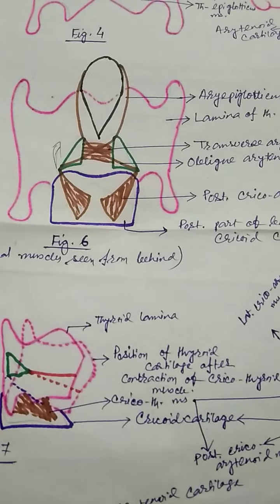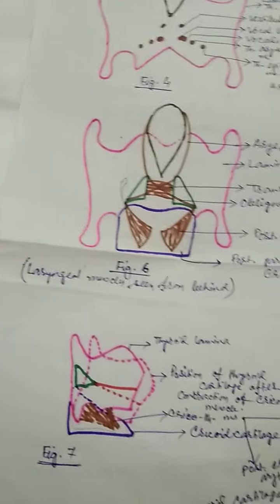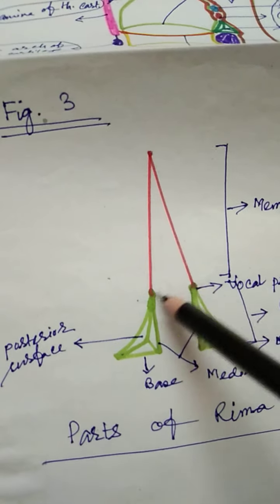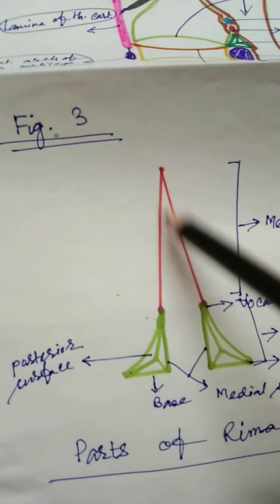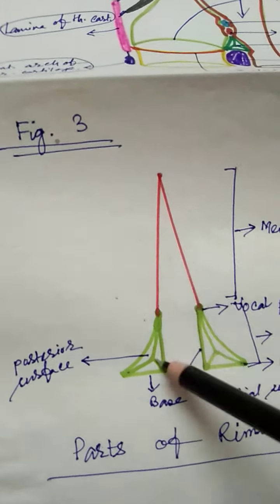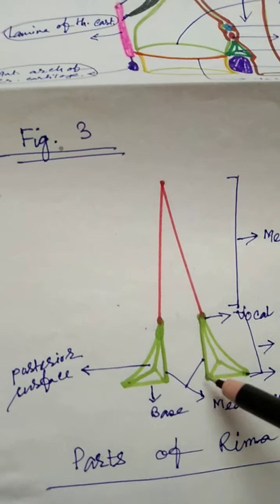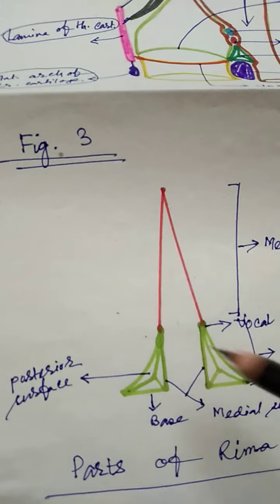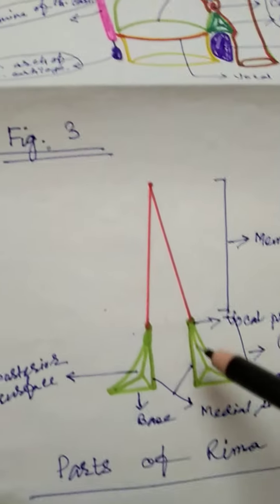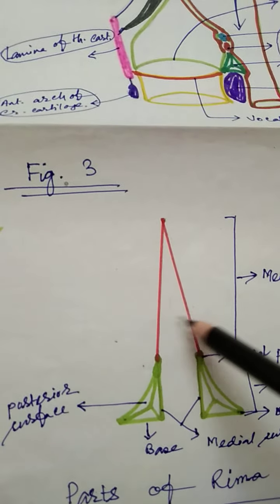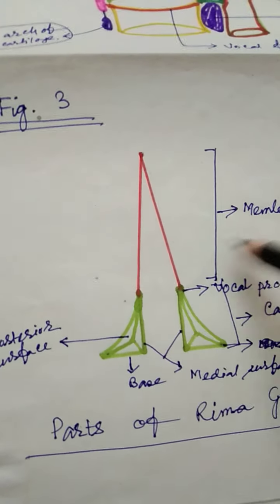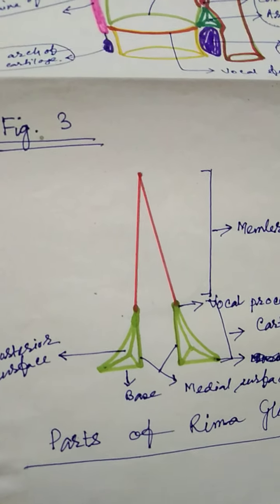Those you should remember. The movements are, first, adduction. I have already said in my previous class, these are the vocal folds, with the membranous part and the cartilaginous part, a V-shaped structure. The vocal folds have the anterior membranous part and the posterior cartilaginous part. Either these vocal folds are opposed together, which is called adduction, or they go away from each other laterally, which is called abduction.